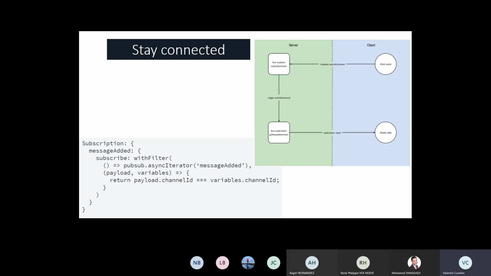You can also define what data you would like to retrieve.